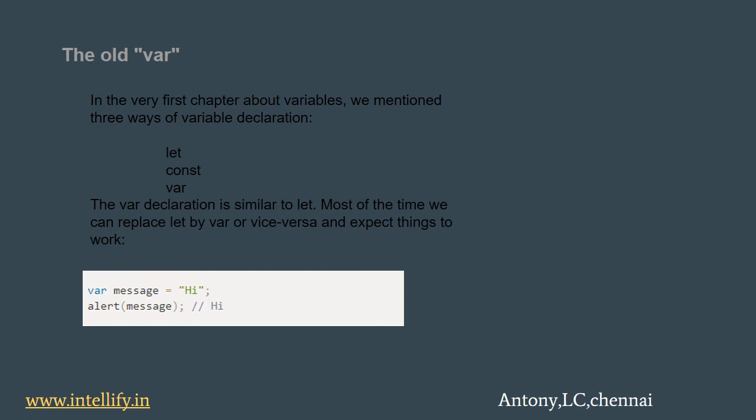Variables can also be declared below their use. Var declarations are processed when the function starts, or when the script starts for globals. In other words, var variables are defined from the beginning of the function no matter where the definition is, assuming that the definition is not in a nested function.